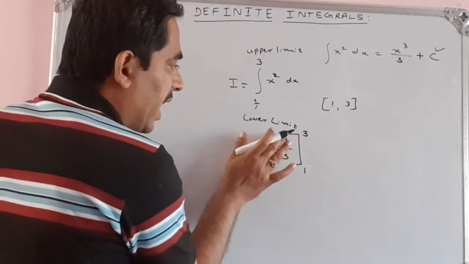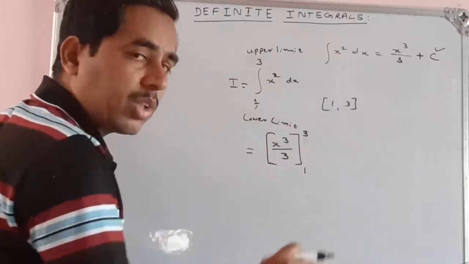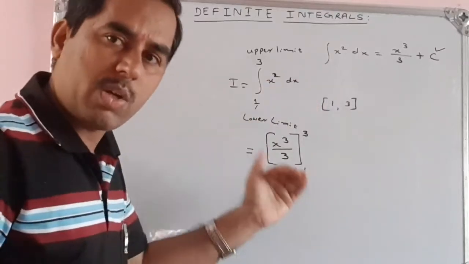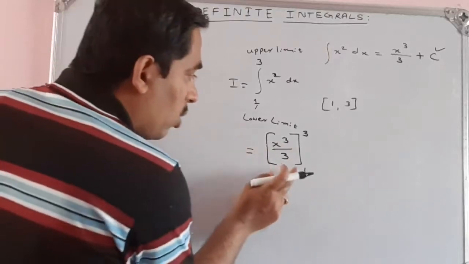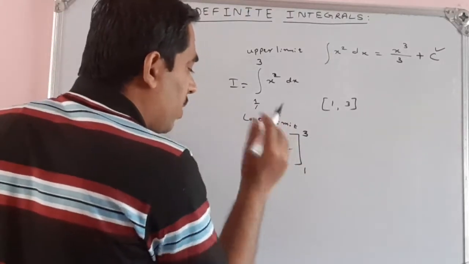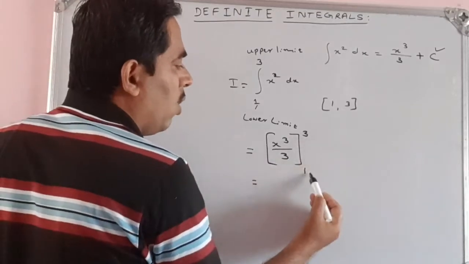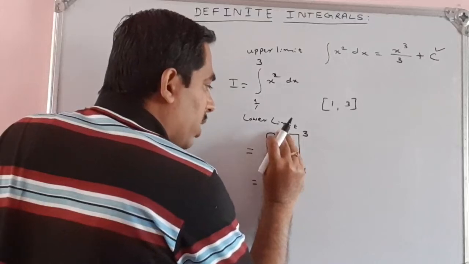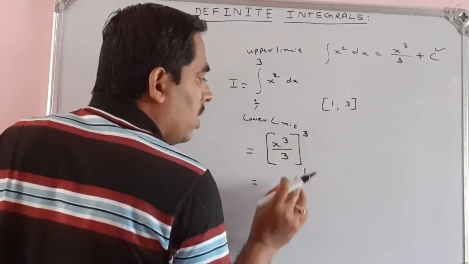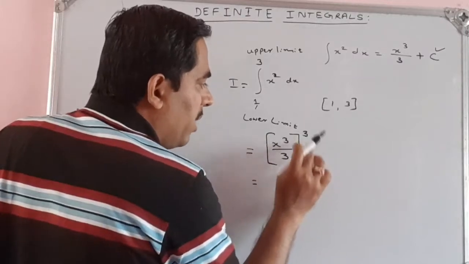See, this is an integral. I have calculated this by using the power rule, x square. The integration of x to the power of n is x to the power of n plus 1 divided by n plus 1. Using that formula, I get x cube by 3. Then I have to calculate some particular value. So, how do you get that particular value? Observe carefully: we have to calculate this at the upper limit, and we have to calculate this at the lower limit or lower end.